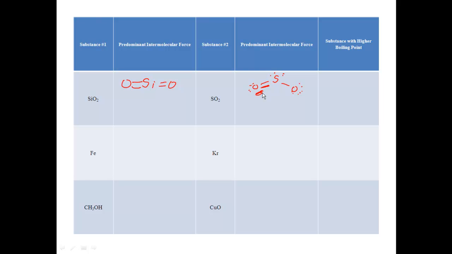Okay, so we have something here that's bent, right? And so this is definitely polar, right? Your difference between sulfur and oxygen is a full 1, but just the shape makes it polar. So it's a dipole. And the other one is definitely not, because you have the same thing on either end, so I don't have to bother wasting my time. Right? Since I have the same thing on either end,